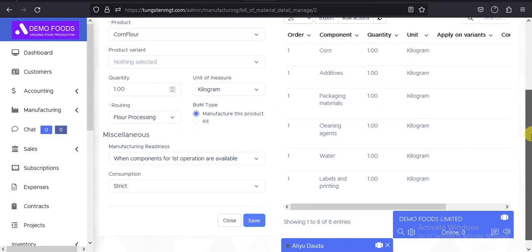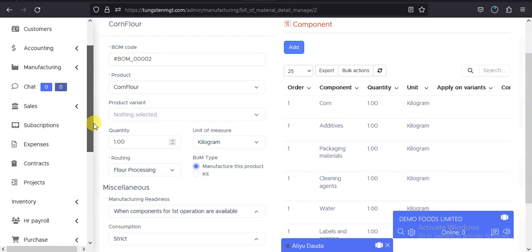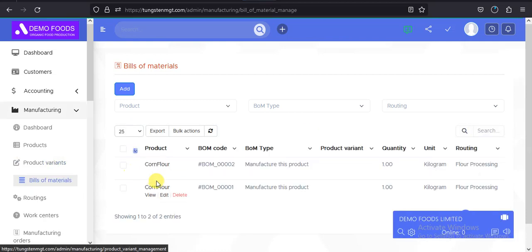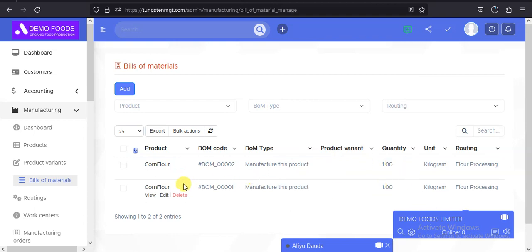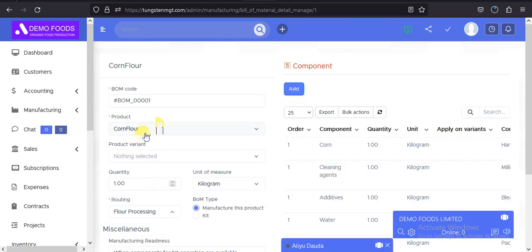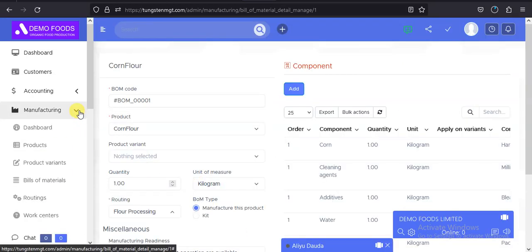Okay, that's all. So when we go to the bill of material, you can see it. We should have just named it differently, but I think it's all the same. So we can edit this. If you want to edit, go to products, bill of material. Okay, so that's all. Now that we are done with the bill of material,